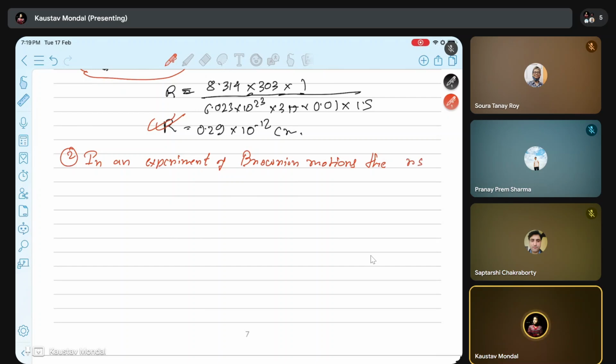If you take the root of the MSD, that gives you the RMSD, the square root of MSD. So the RMS displacement, that is the RMSD in the horizontal direction,